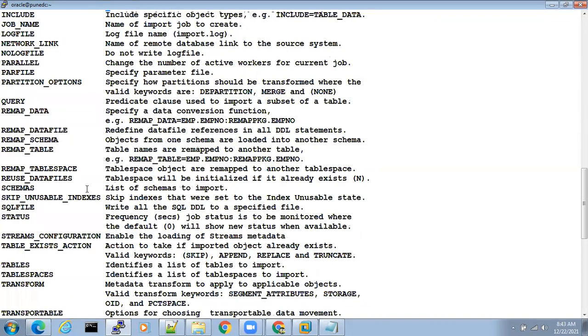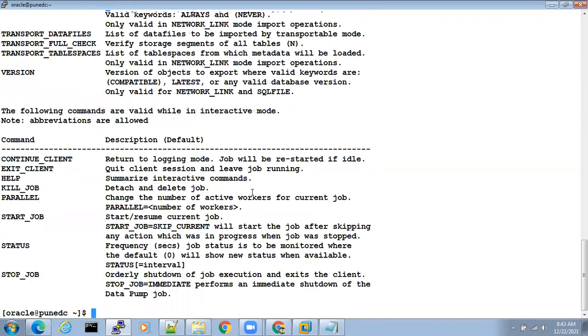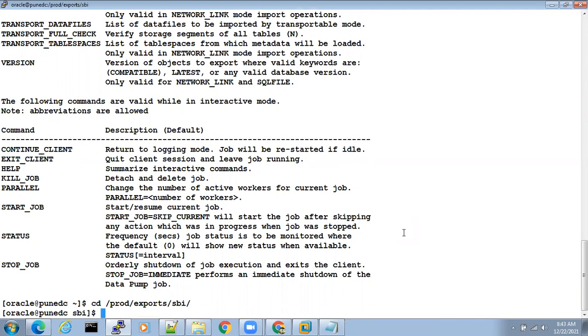However, import is basically for restoring the data. If the data is lost, we can restore the data. So what we need to do is go and see where these files are. Prod, exports and SPI, in which we have our exports.